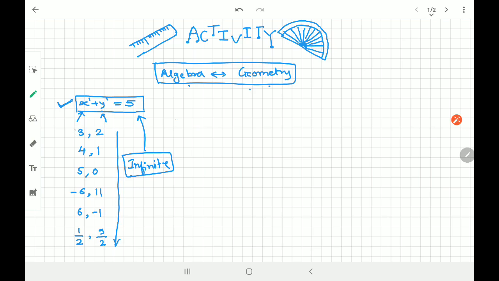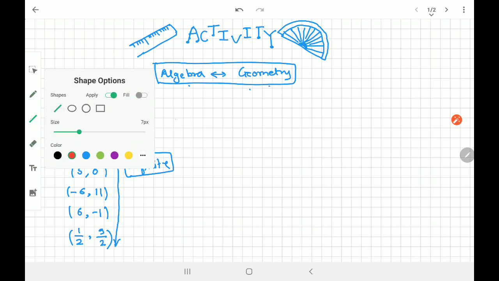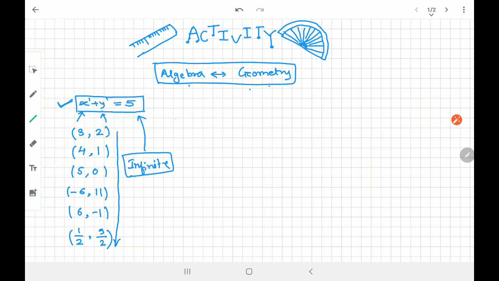Now some interesting work I'll do. If I give a bracket to this, it will look like an x coordinate and y coordinate, won't it? The value of x is the x coordinate and the value of y is the y coordinate. If so, then is it possible to draw its graph? Let us check. Is it really possible to draw its graph?